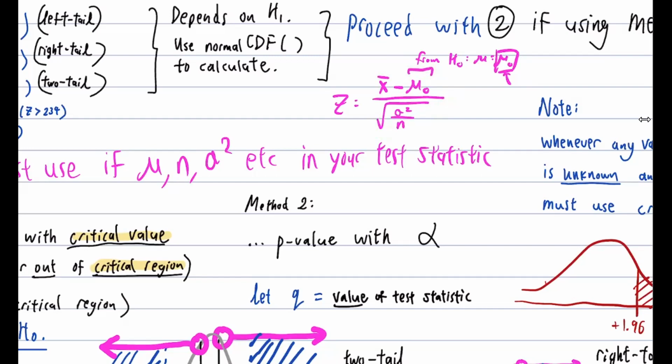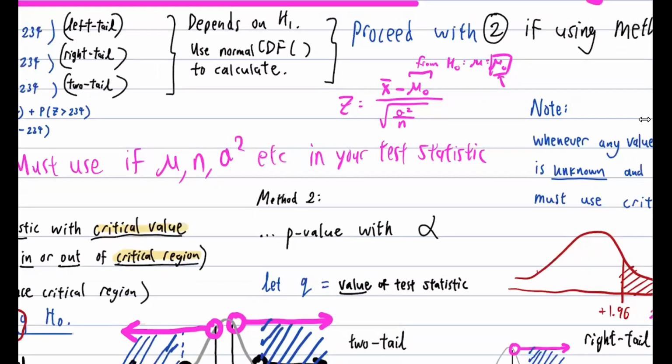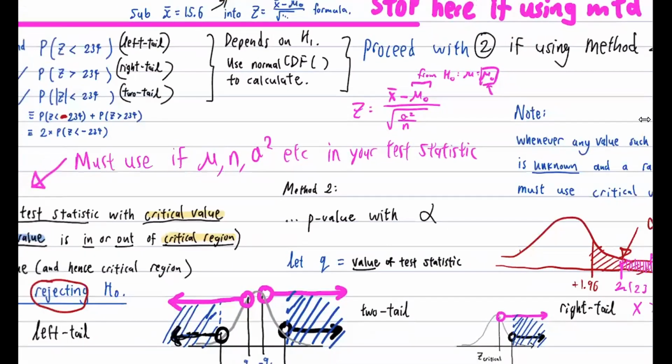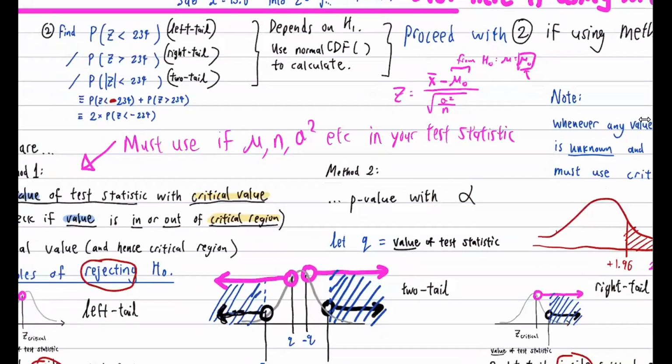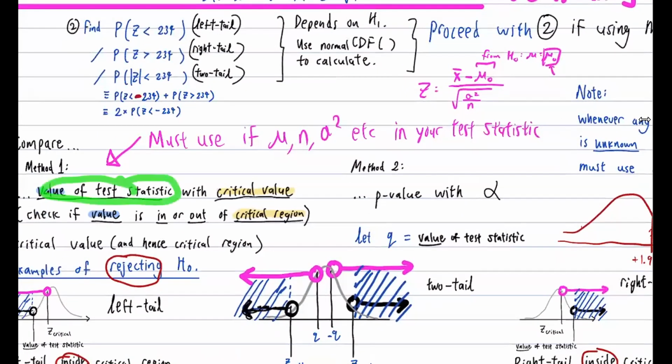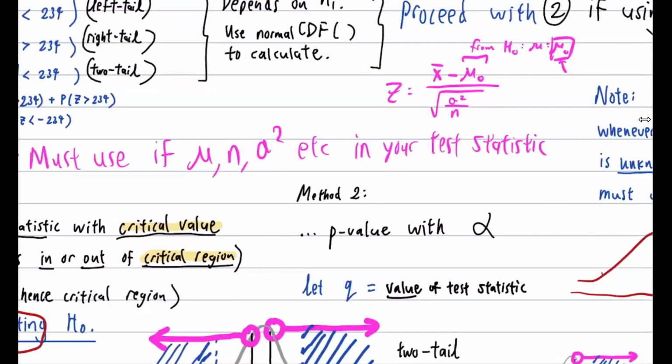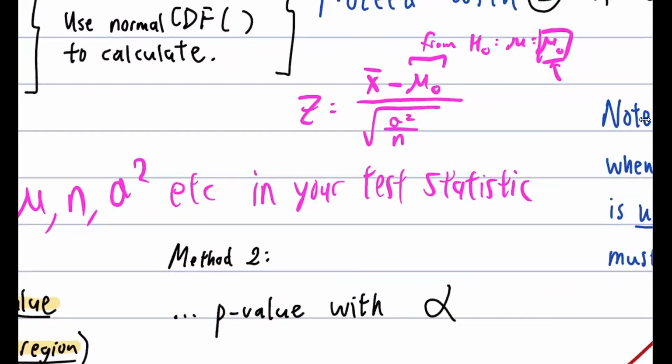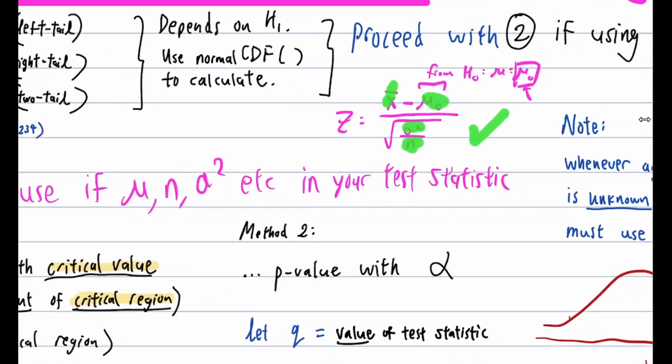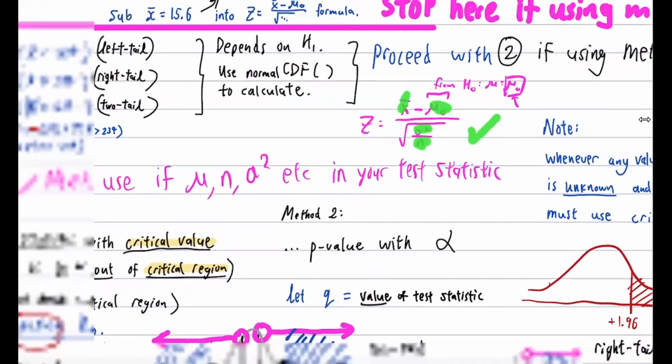So in order to get this value of the test statistic, we can actually do it manually without using a GC. Before GC was invented, this could still be calculated. How? That's only if we can substitute the variables with numbers: X bar, the mu naught, the sigma square, and the n. They have to be actual numbers. Then we can get an actual value for Z. Does that make sense? Yeah. They need 4 actual numbers. But here, one of these 4, I forgot to mention X bar,